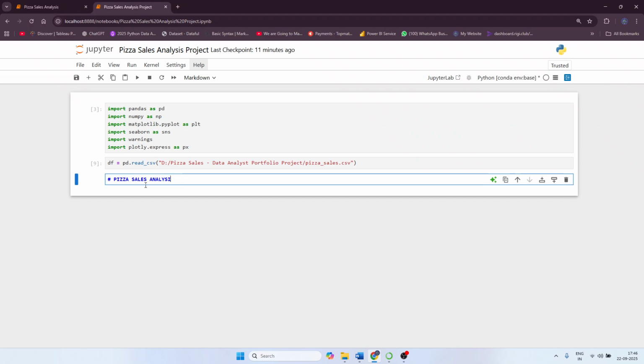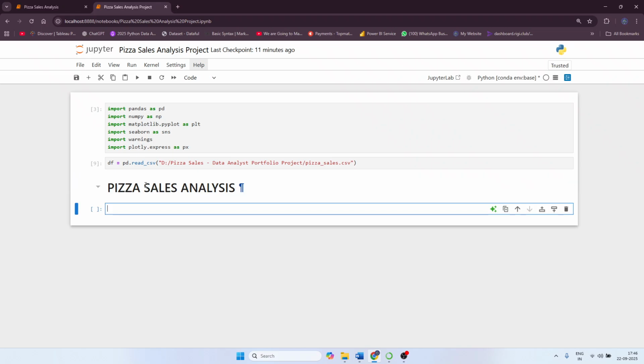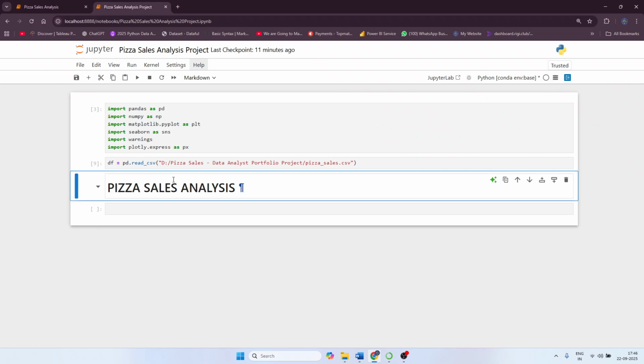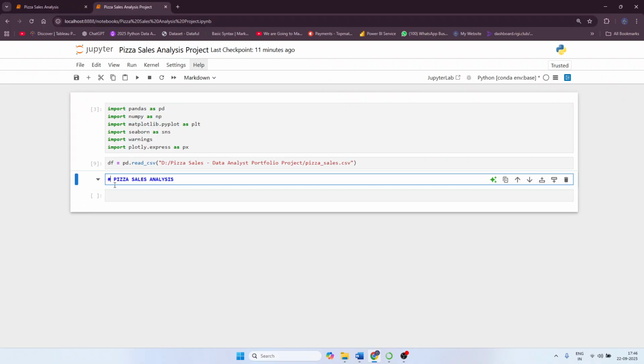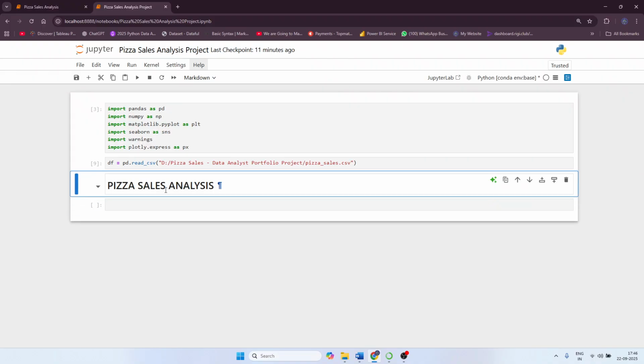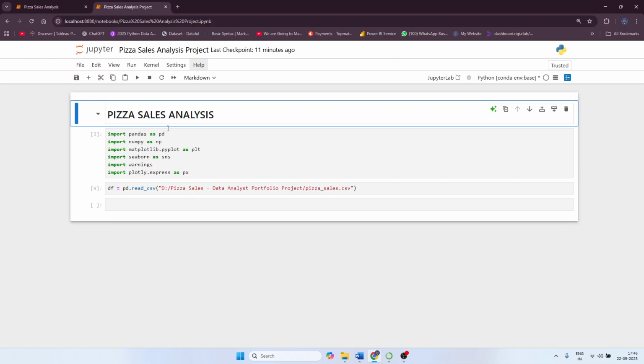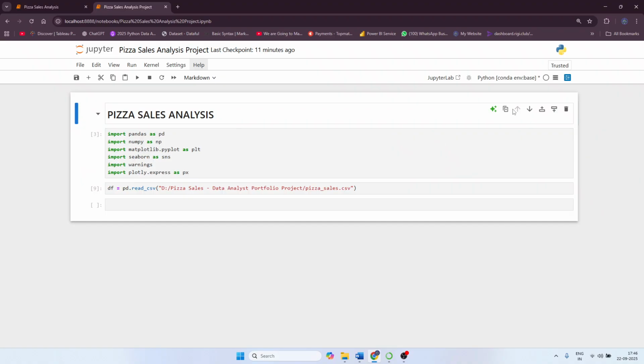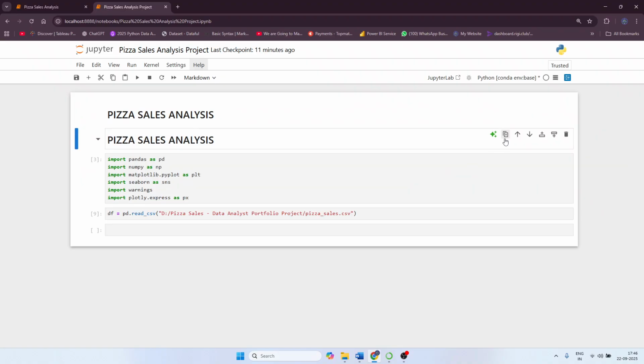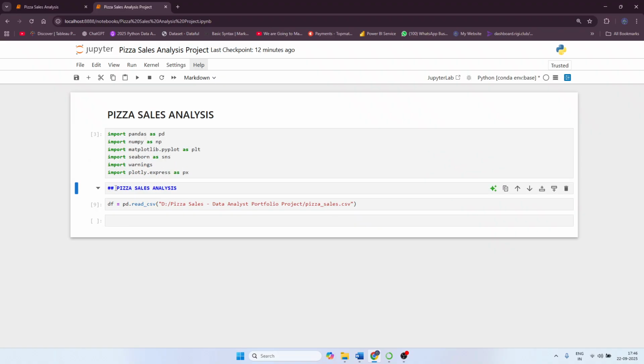Then you just have to press Control Enter, and you can see this is how it runs. If we have used a single hashtag, and you use it twice, you can see the size has been reduced. Now from these arrow buttons, you can take the cell either to the top or to the bottom. I'll use these arrow buttons and take it to the top. So this is our pizza sales analysis, and I will make a copy of this again. You can see plus, you can make a copy of this, and I will take it down, and here I will add one more hash and I will name it